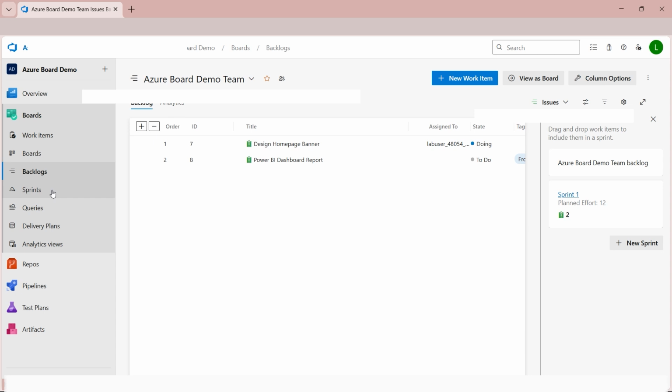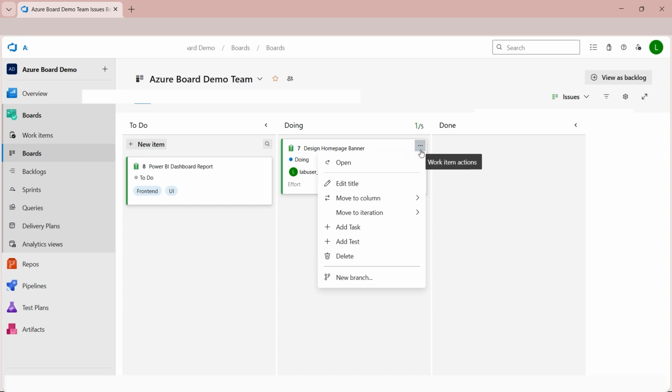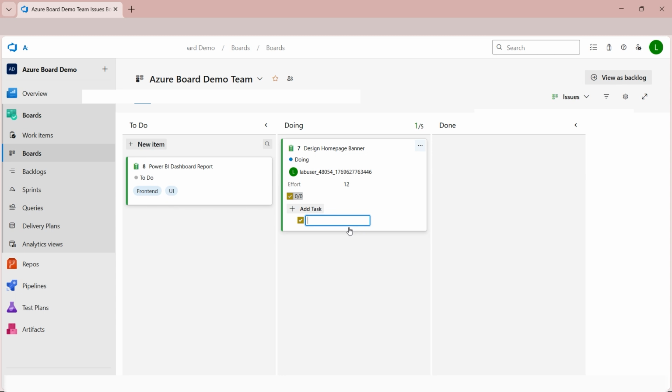If you look, I'll go back to my boards. We can switch the view from here as well, view as board. If I click, it will go to board. And now let's see, the design home page banner has another task associated with it, maybe home page redesign or something. I'll click on the 3 dots, add task, and here it can be like home page